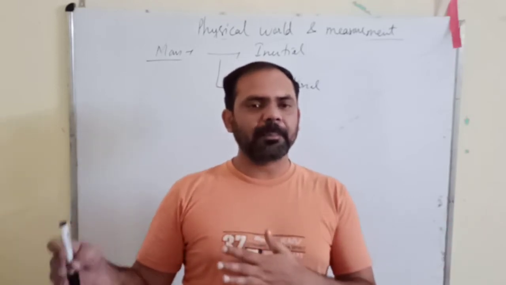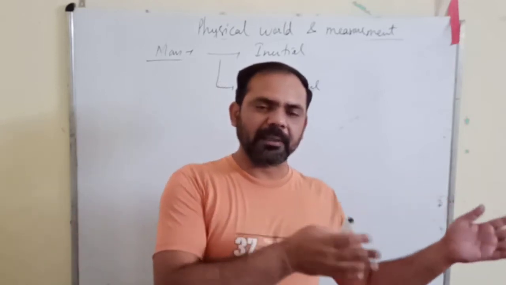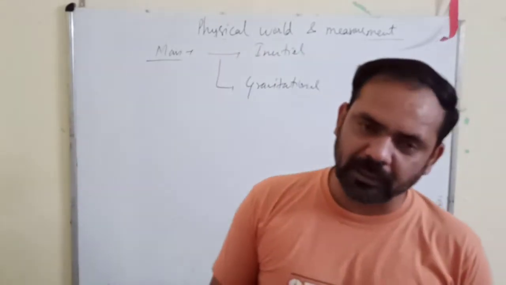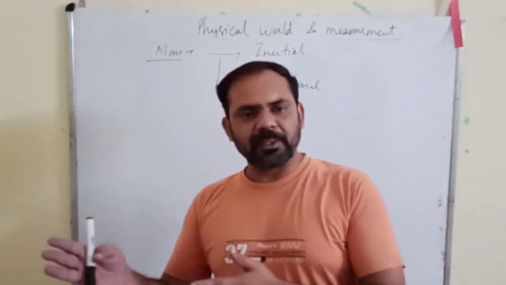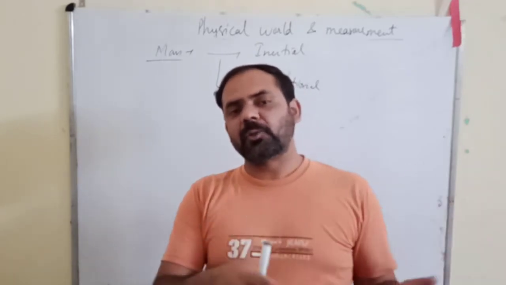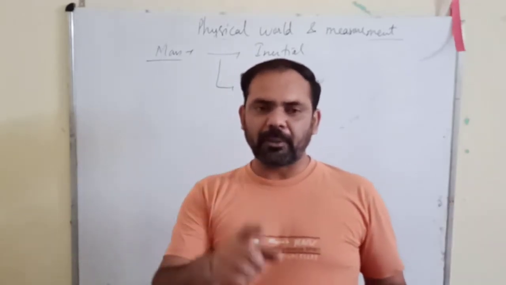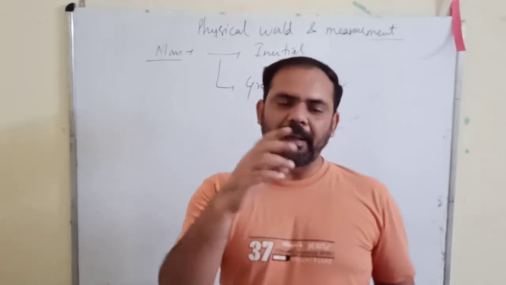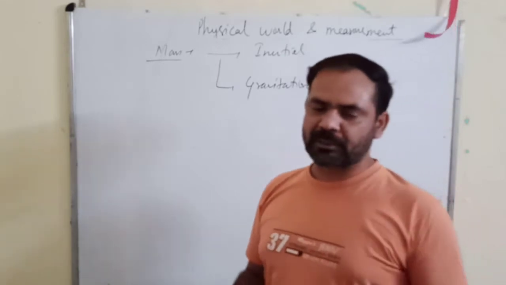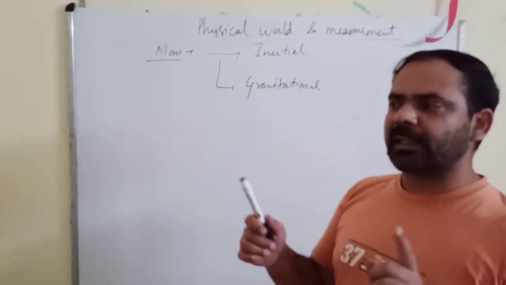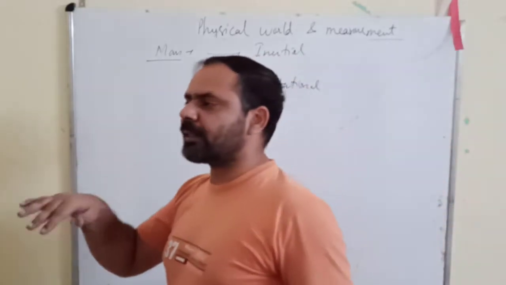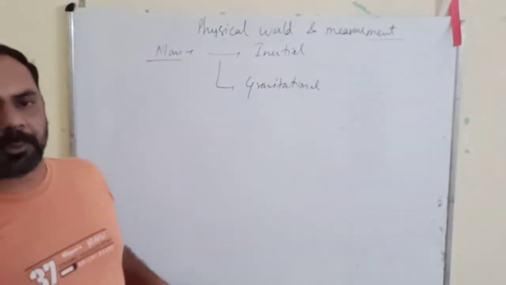So what is the difference? The work done by the bus is less than the work done by the car. However, the mass of the bus is very large as compared to the car, but still the car is doing more work because the velocity of the car is higher. As a result, its inertial mass is more than the inertial mass of the bus, because the bus was moving with just 1 km per hour, whereas the car was moving with a speed of 100 km per hour.